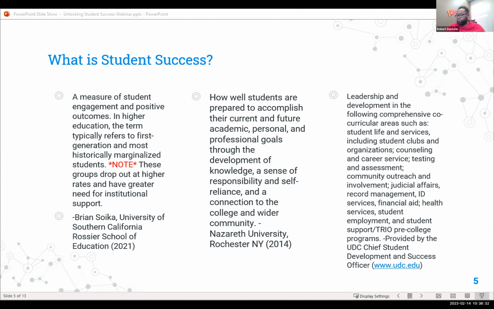So here you see what's happening is that UDC, we're spelling it out a little bit more, as opposed to just a general definition, spelling out some of these things of what that could be, because we look at the umbrella terms, academic affairs, student affairs, but what are we talking about specifically? And so we're, again, dealing with the wholeness, the holistic piece of the student, as opposed to saying separate individuals, okay? And also bringing attention to the part where it says the pre-college programs,